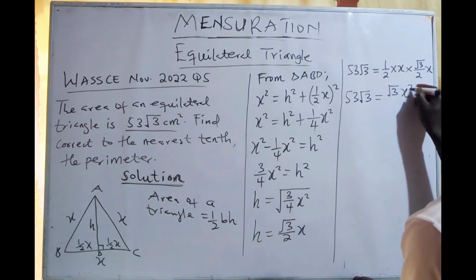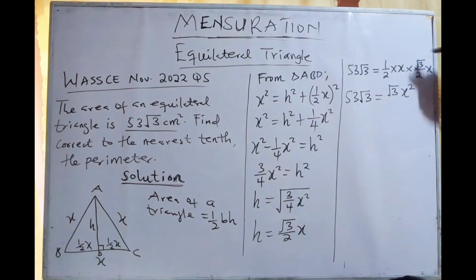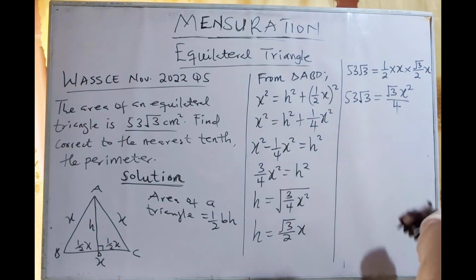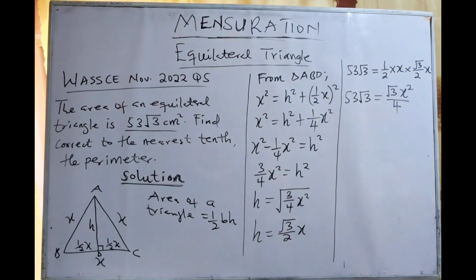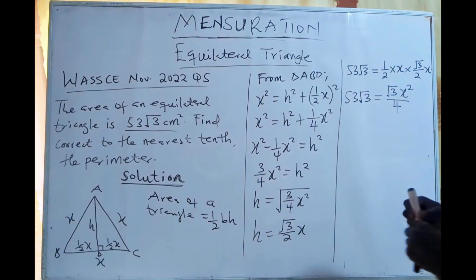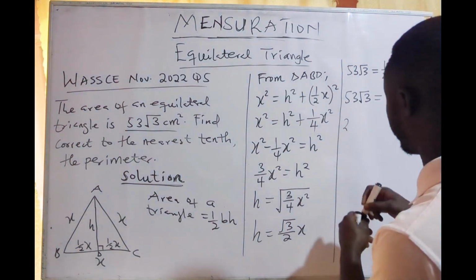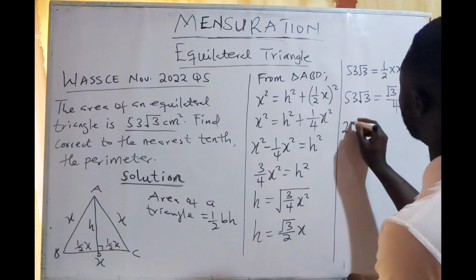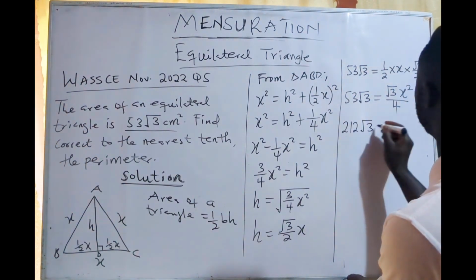Okay, so x is here, times root 3, all divided by 2 times 2, which will give me 4. So my numerator will give me root 3 x squared, all over 4. Then I'll multiply 4 by the 53 root 3. So 4 times 53 root 3 will give us 212 root 3, to be equal to